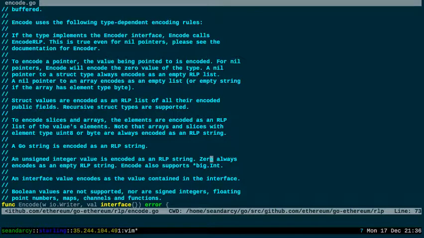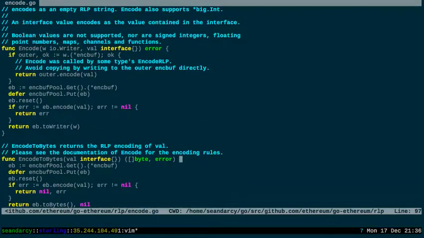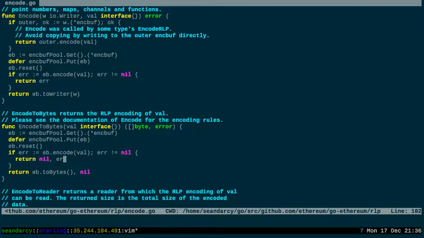To encode a pointer, the value being pointed at is encoded. For nil pointers,